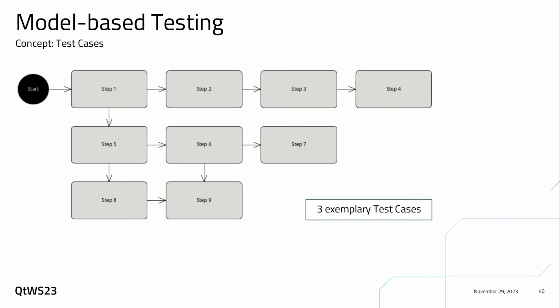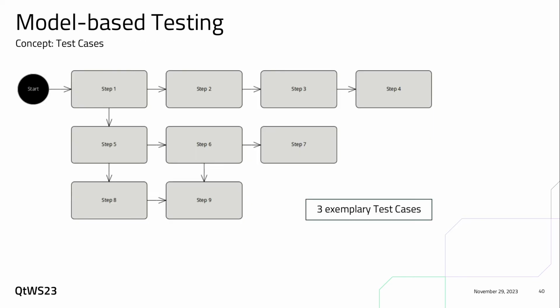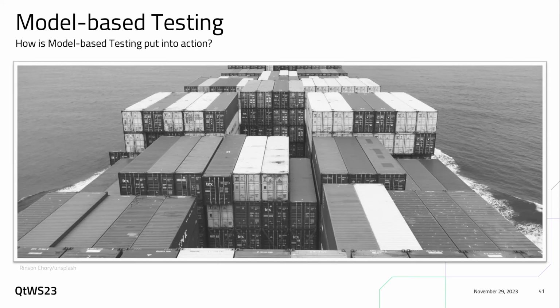And here you can, of course, make it manually, but in the next years to come, we will support you to automatically choose the paths. There are different algorithms we can use, and our tooling, Squish, can support you with that. So all those rectangles don't remind you about this?